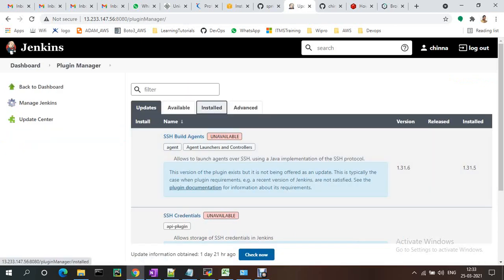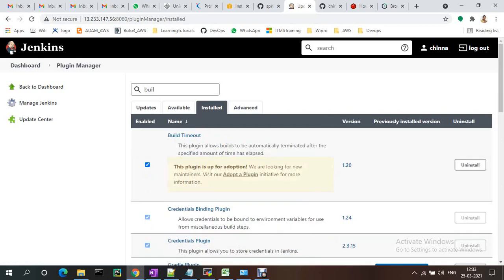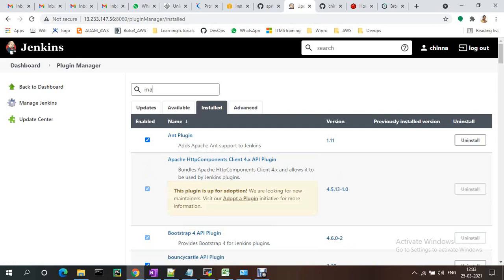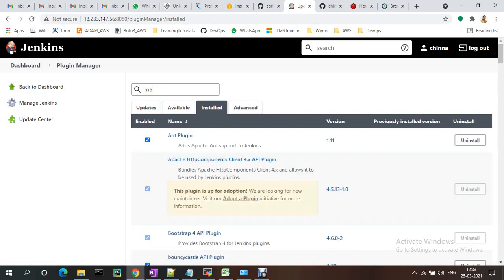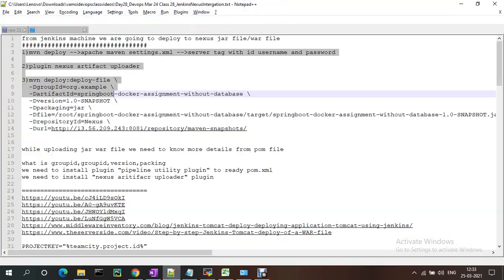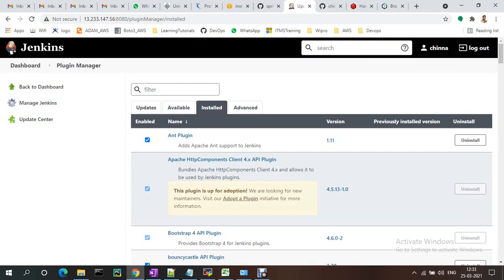That plugin name is Maven build, sorry, this is the plugin, the artifact uploader. It is already there, and I will show you that there is another approach.